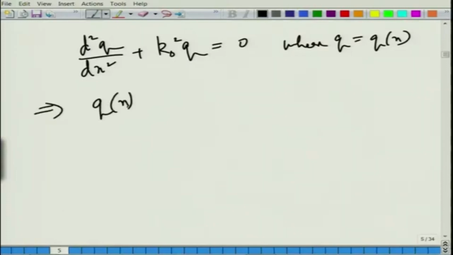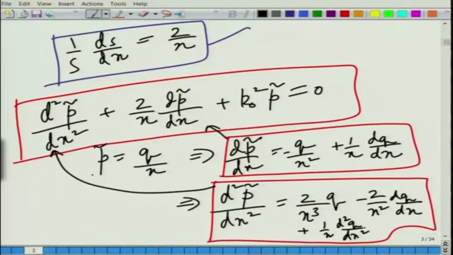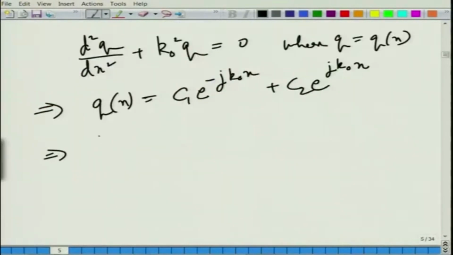Q as a function of x is given by c1 times e to the power minus j k naught x plus c2 times e to the power j k naught x. Now remember q was given by p tilde into x, or p tilde is equal to q by x. So basically p tilde is equal to 1 by x times c1